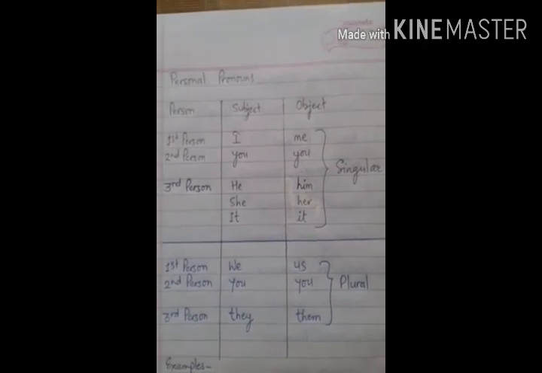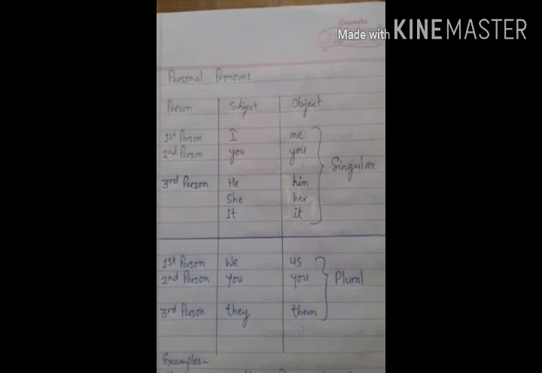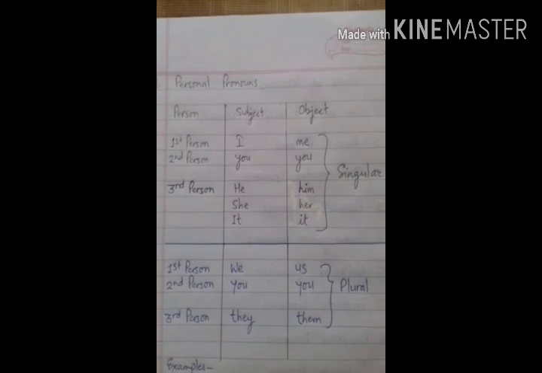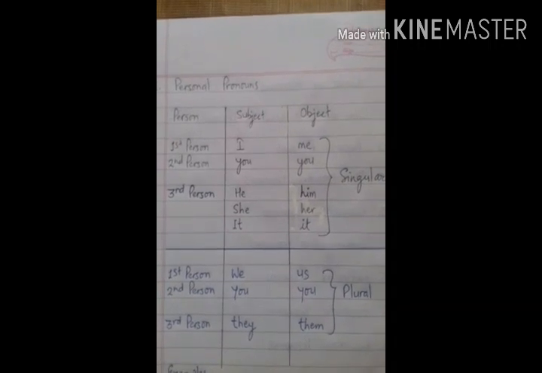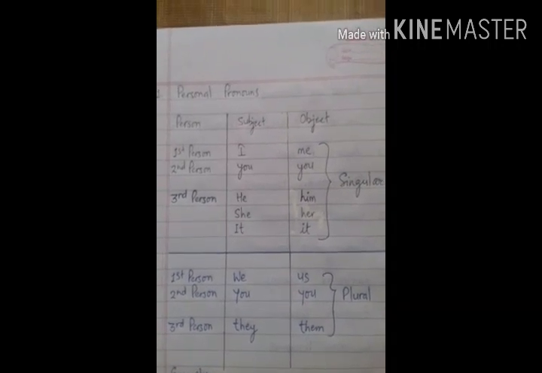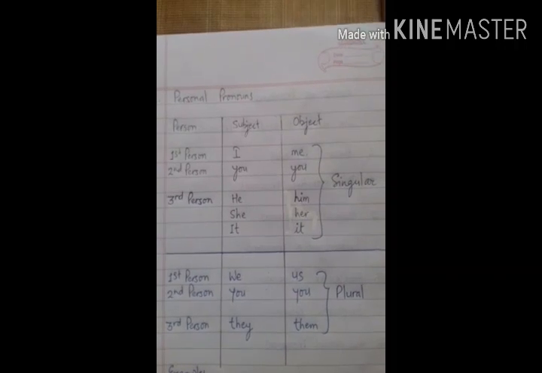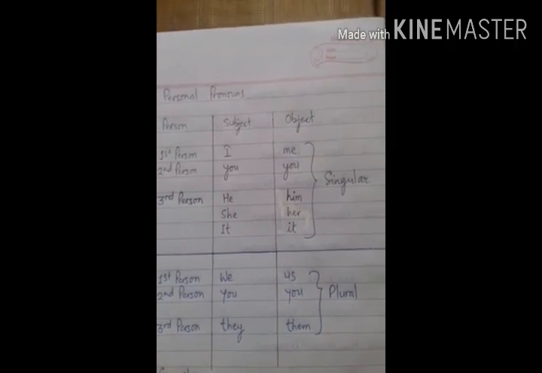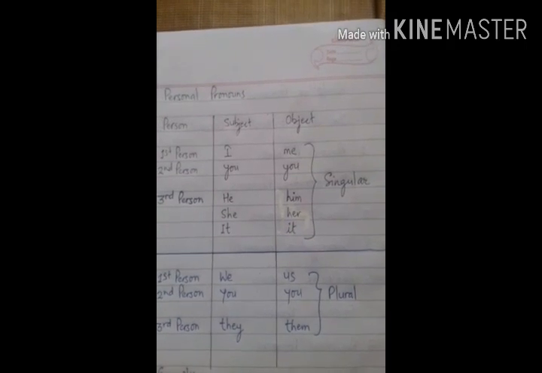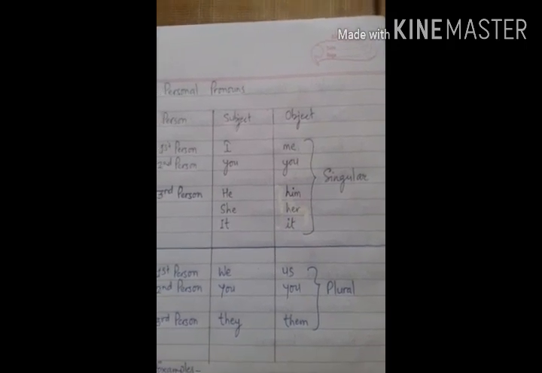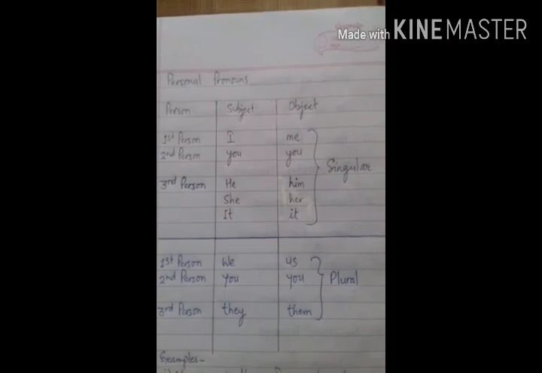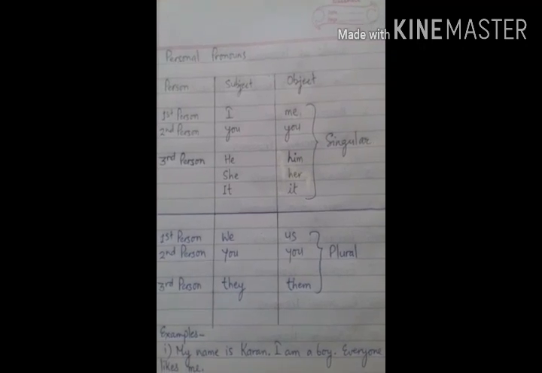Now if I refer or speak about places, animals, or anything, and if those referring nouns are singular, then I will use it. So it can be used both as a singular subjective and a singular objective pronoun. Okay, we will understand it later with the help of examples. So these all were singular subjective and objective pronouns.